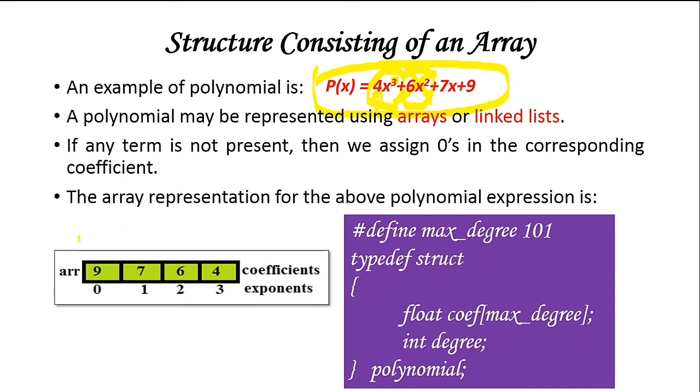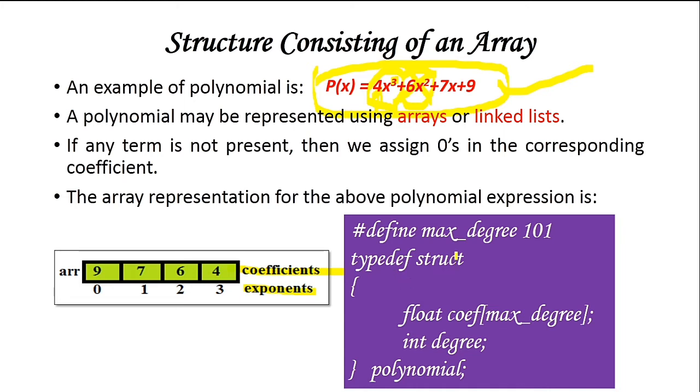Okay. So how can I represent this? The same polynomial I have represented over here. So coefficient for exponent 0 is 9, exponent 1 is 7, exponent 2 is 6, exponent 3 is 4. So these are the coefficients you have, these are the exponents. So how can I write the structure for that particular